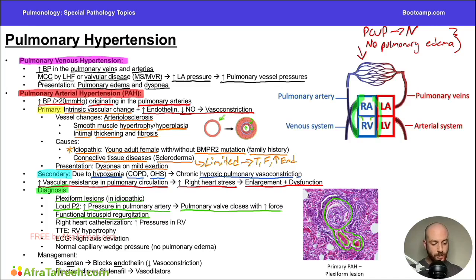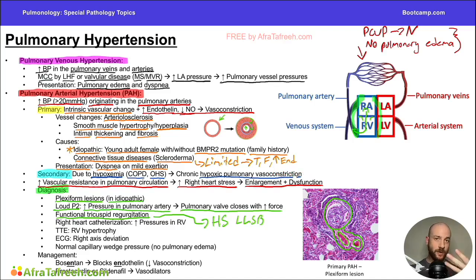So when the right ventricle pumps blood, some will go into the pulmonary artery, but some will also travel in a retrograde fashion from the right ventricle back into the right atrium. And of course, a tricuspid valve regurgitation is heard as a holosystolic murmur, heard best at the left lower